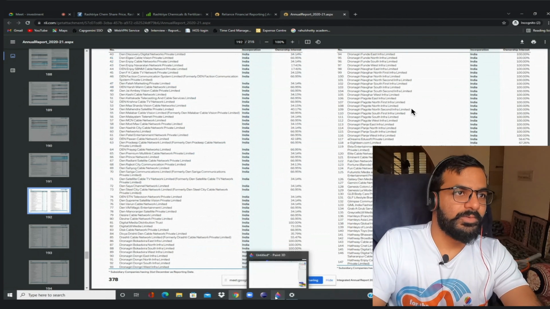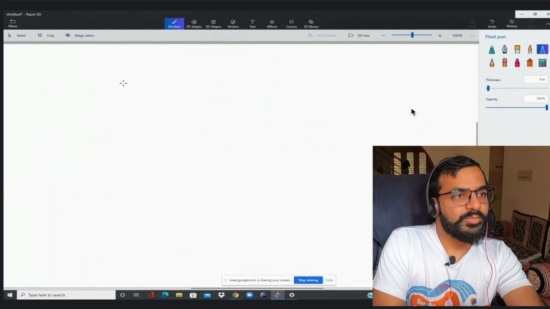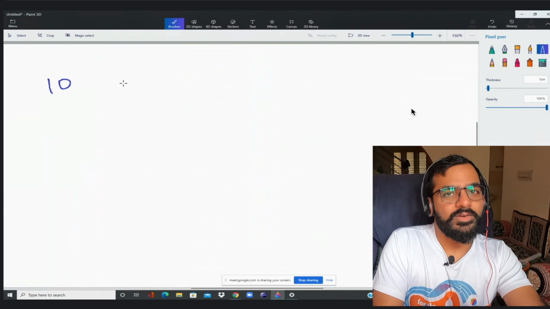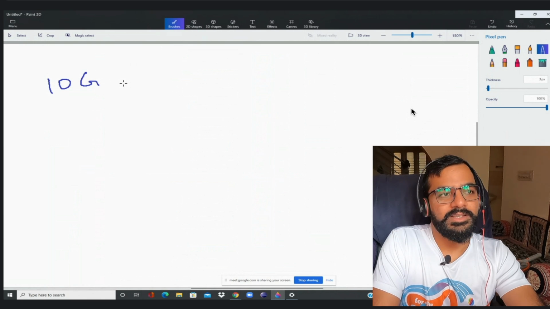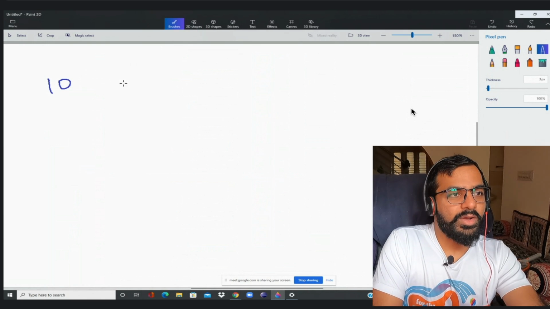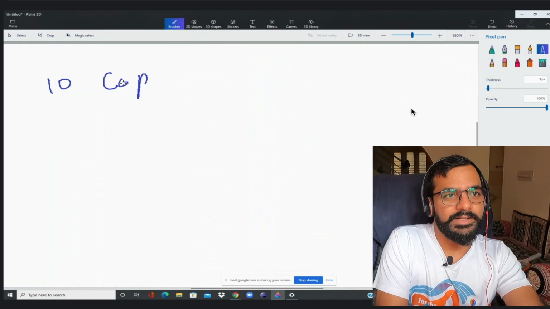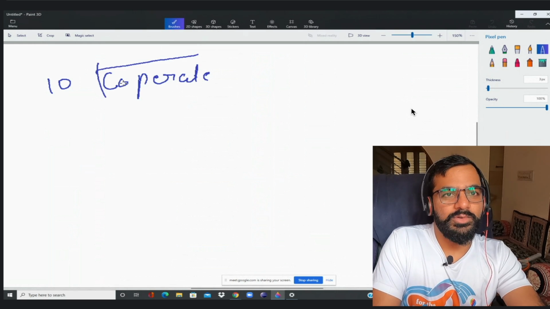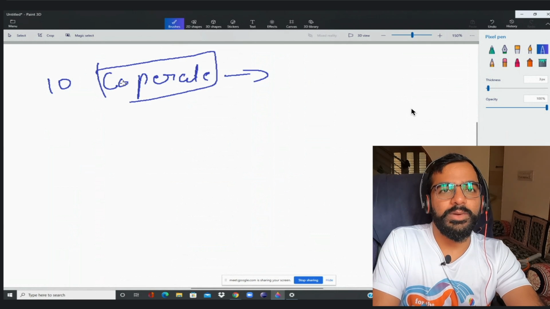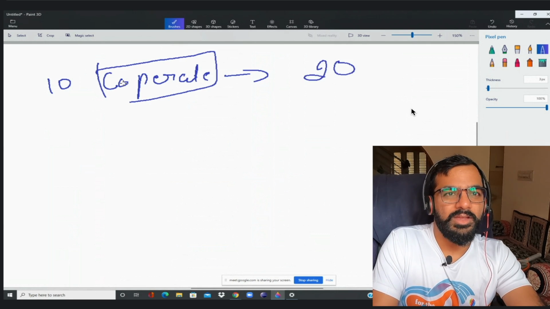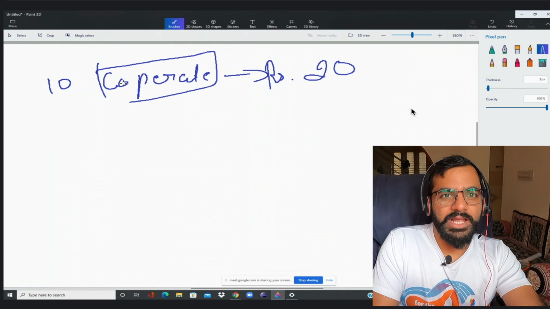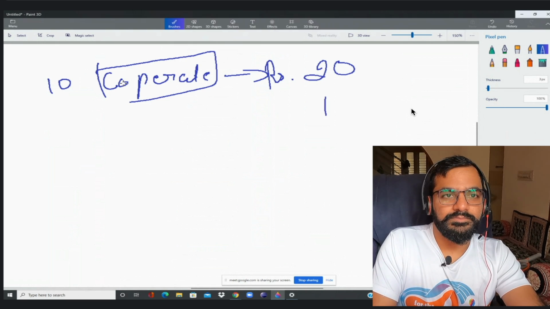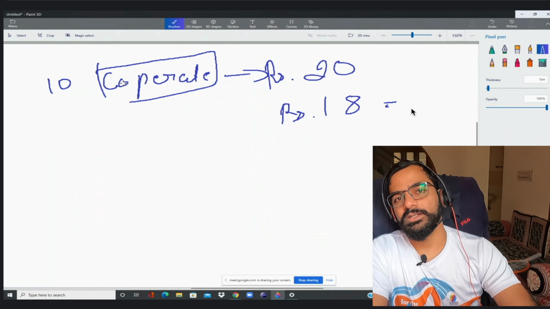Good question. For example, it was bought for 10 rupees, or even less. One thing you should know is that corporate deals go for a little lower price than what the public gets. For example, the share value would be 20 rupees at that time for each share. But then Reliance will say that I'll buy it for 18, and give me this much percent of, as you told, 60% of the company. I'll buy it for 18.